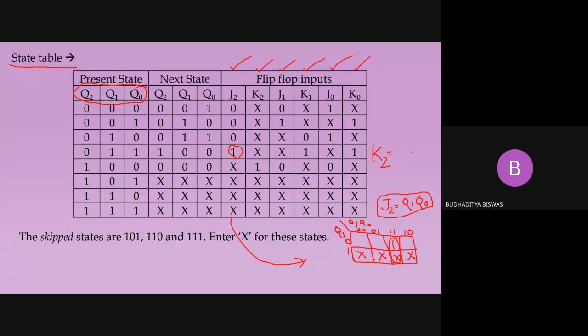So I asked you what will be the expression for K2. What you have done is you started doing the K-map. But tell me, is the K-map necessary for finding the value of K2? Look at the column of K2, every column. Look at that particular column carefully. Okay, let me clear all this first.